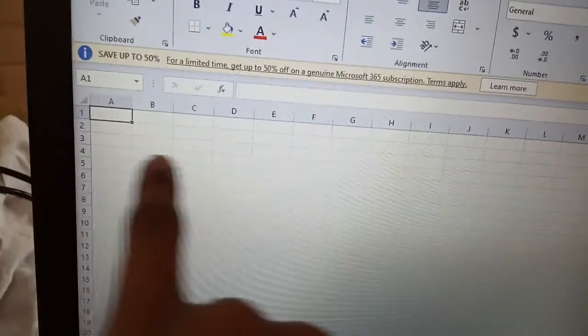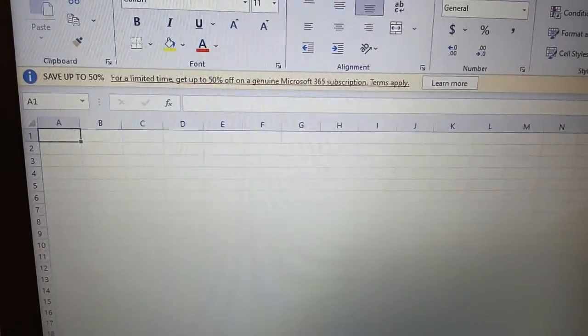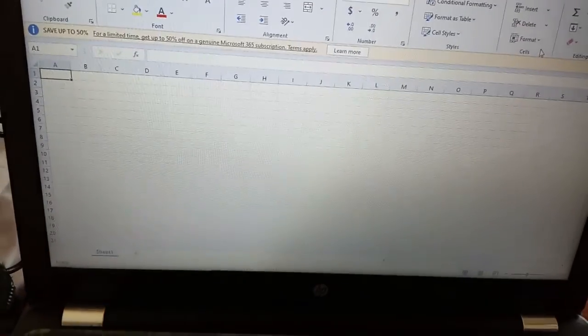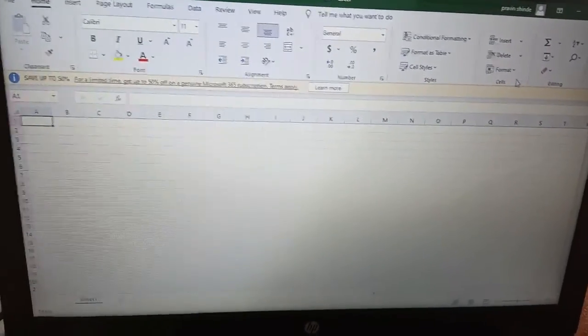In other words, the number of rows, the group of these rows, is called the cardinality, and the number of columns, which are A, B, C, D, E, F, G, H, is called the degree. So you got it, what is meant by cardinality and what is meant by degree. This question can be asked in the exam.